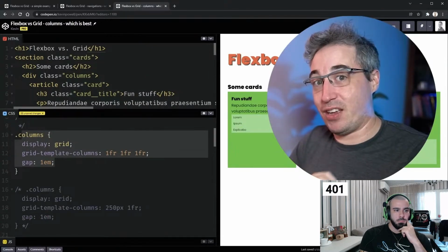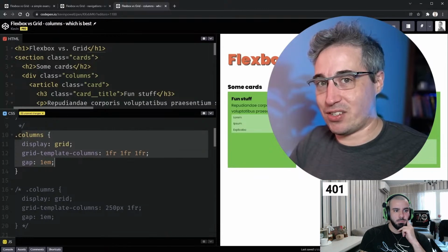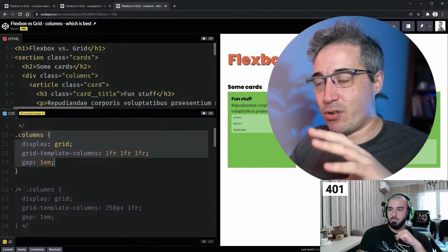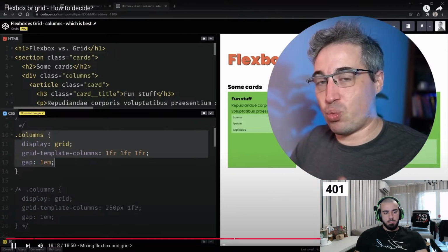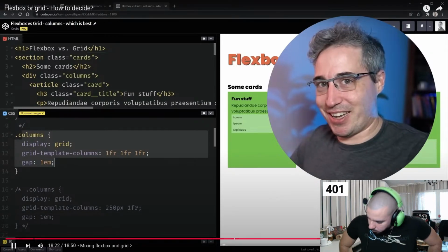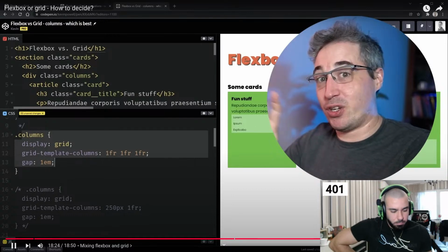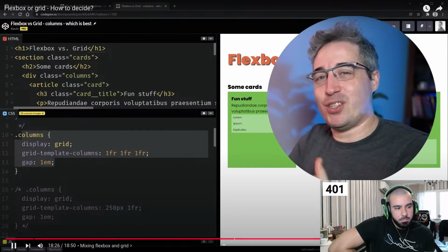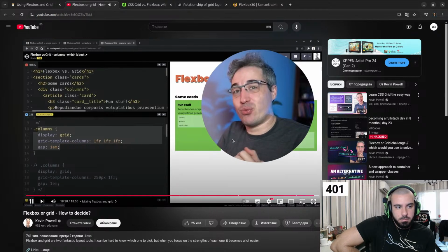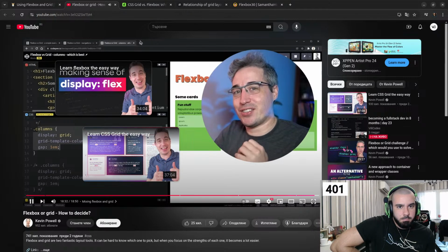And I actually find that Grid is an easier one to get started with, even though there's a lot of properties that go on with it. They're a lot more straightforward, and there's a lot less worrying about it, because you're doing a lot less fighting against the intrinsic sizing of things and wrangling what's on the parent and what's on the child. But whatever the case is, and wherever you are in your learning journey, if you do want to get into one or the other, I have recently done videos on the easiest way to get started with Grid and the